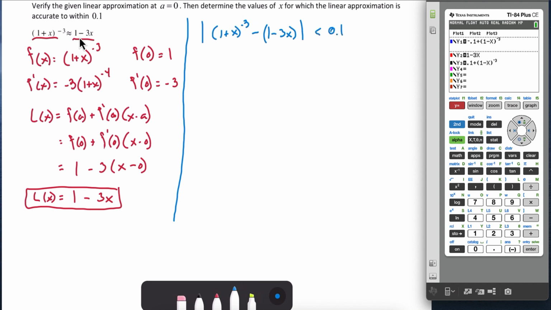The distance is less than 1/10. From here, we will rewrite this absolute value inequality as a compound inequality. Negative 0.1 is less than, here we will just copy the inside of the bars,